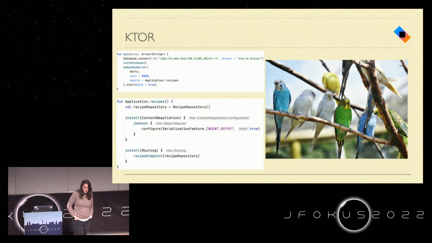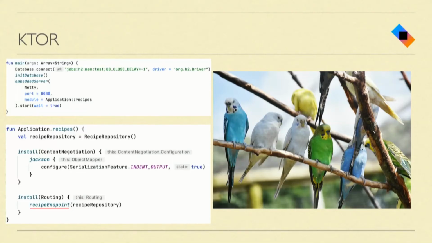This is how my business logic looks like in this small example. It's an extension function on the application class of Ktor, where I can just tell my application that all the serialization has to be done in Jackson with the configuration accordingly that I want, and I can just define my API endpoints, declaring functions here. So this is the DSL that Ktor will offer to you.